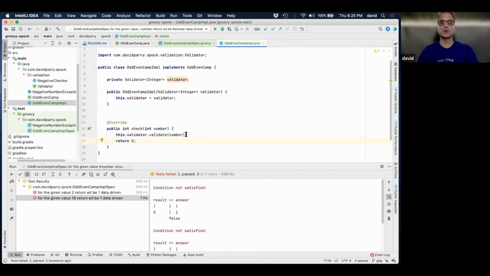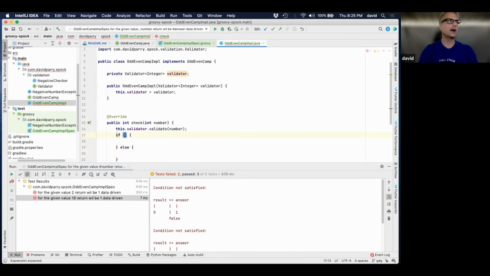And this is where, by all means, double check me. I love pair programming, and please hook up. But I think this is number. And if I do this divide by 2, if it equals 0, I should return 1, correct?